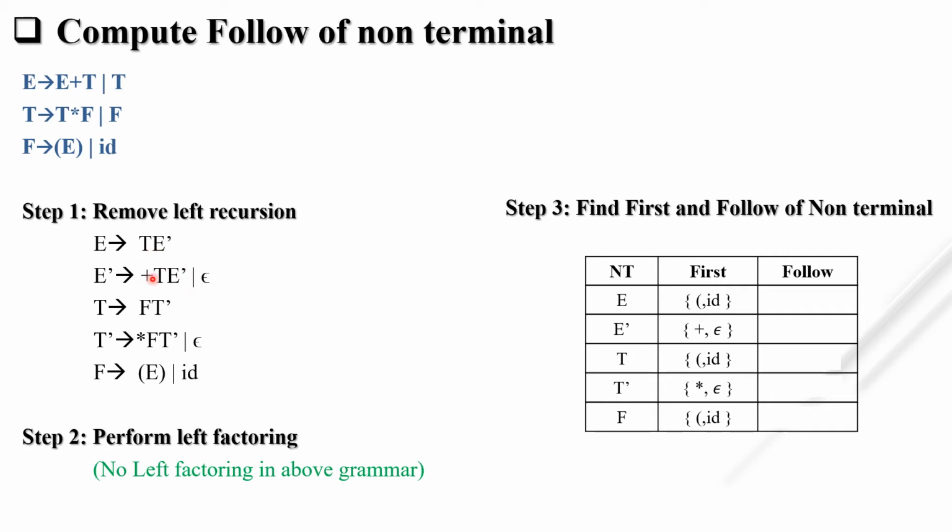Here no, here capital E no, here capital E no, here capital E no, here capital E yes. What is the follow of capital E? For finding the follow of any non-terminal, we have to see the right hand side. If it is a terminal symbol, then we directly put it. If not, then we have to go to the first of that non-terminal. What is the follow position of capital E?